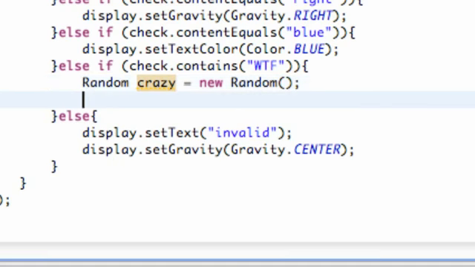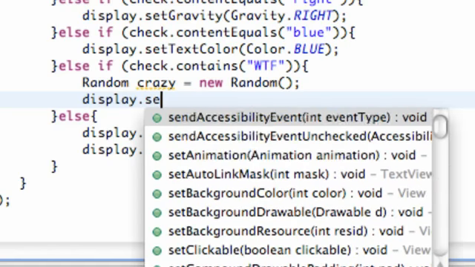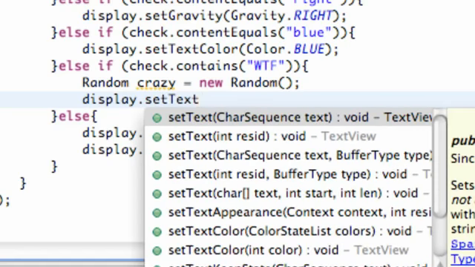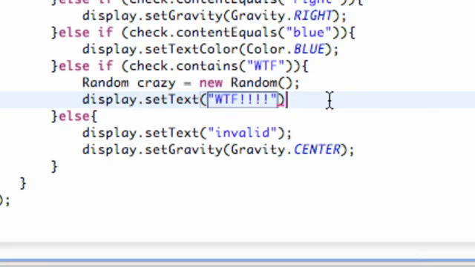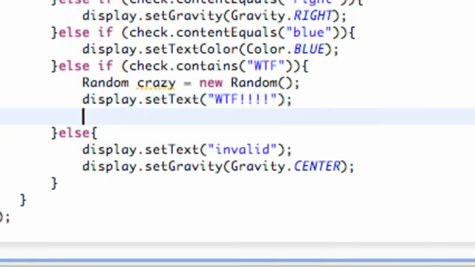So now what we're going to do is define some methods within this WTF, where's the fridge, and again we're just going to set the text to WTF, something like that. Next thing we want to do is maybe change the text size.